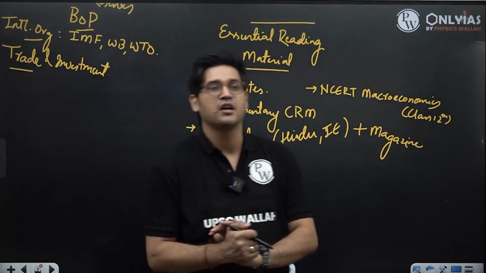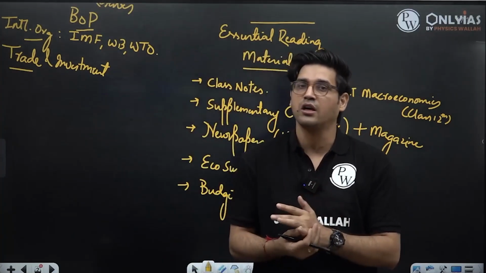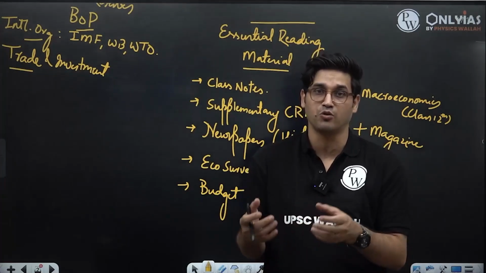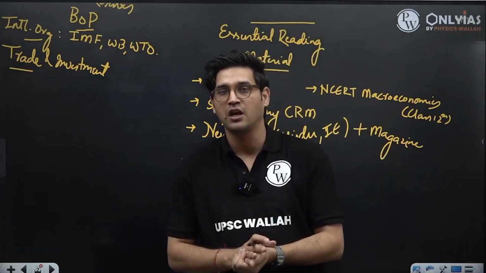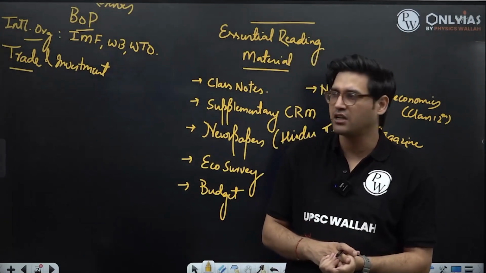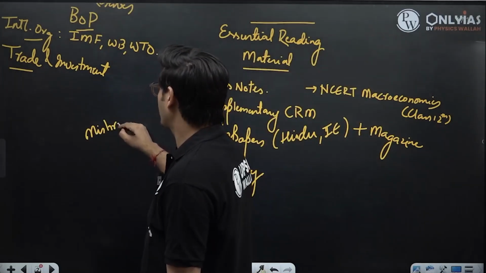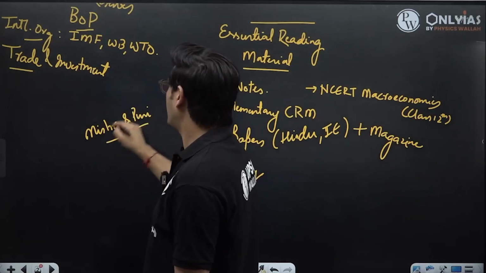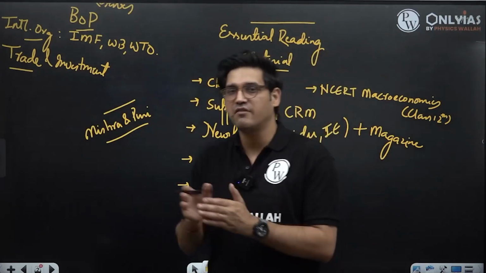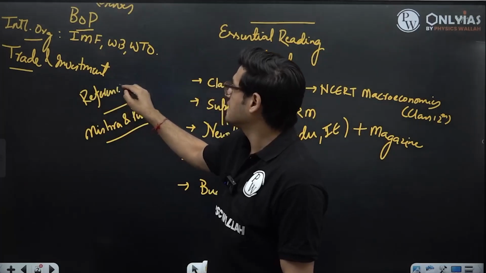What may happen is sometimes you may feel that there are some topics that you just could not understand, or some topics where you found that it's a little hard for you to grasp them, or you would want more information, more knowledge on those. For those topics, you can look for some supplementary reading material. For example, one book that I normally recommend is Mishra and Puri. But remember, these books, you don't have to read them cover to cover. This is what I call your reference reading material.